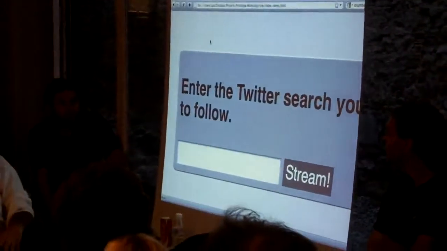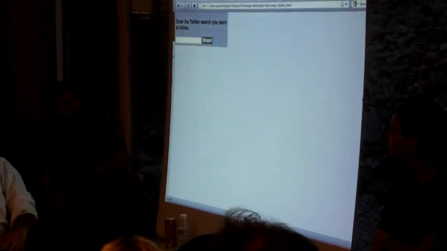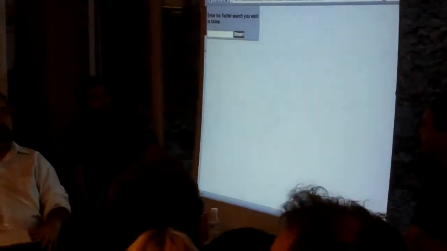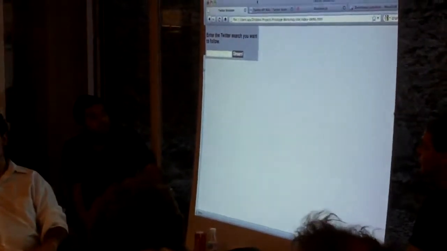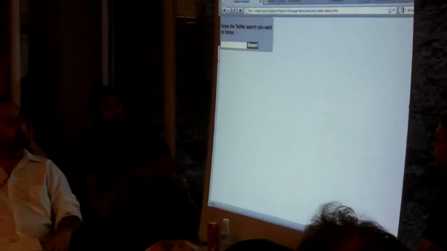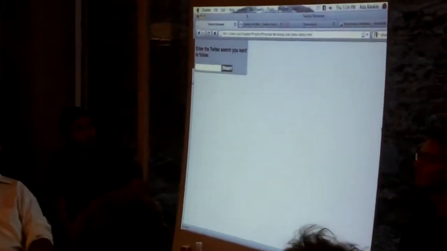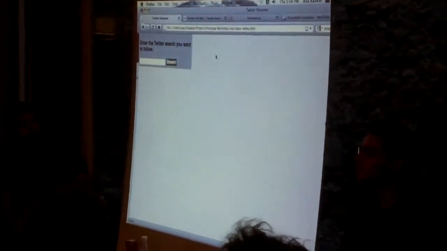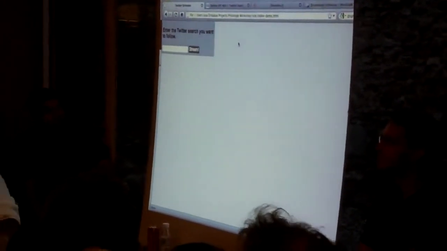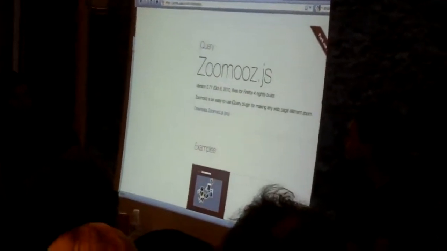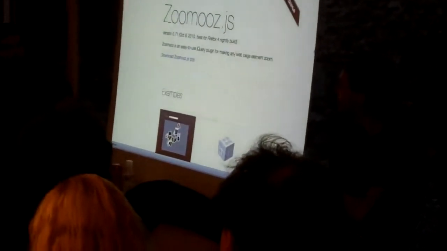Oops. Let me switch out of this, make this go away. So that's not totally boring. I actually started with just a little bit of code here, which I'll also jump into. But I want to show you how easy it is to steal other people's work and build on top of it. So there's a wonderful library called Zoomooz, this here, that works on top of jQuery.